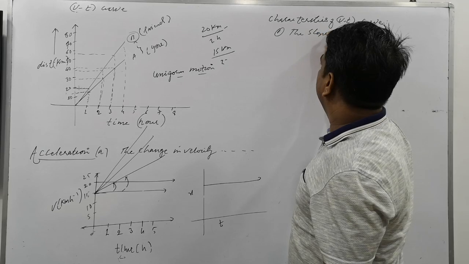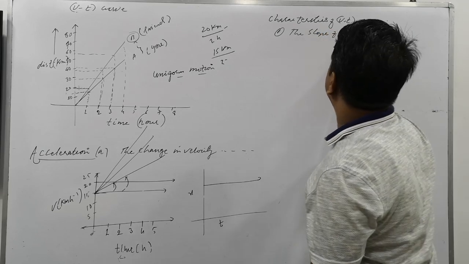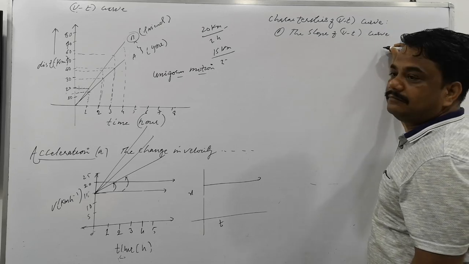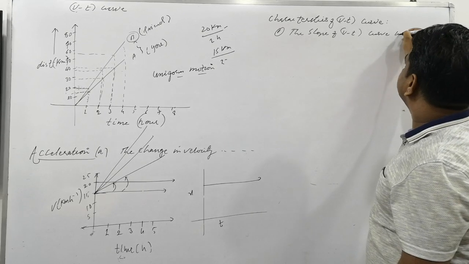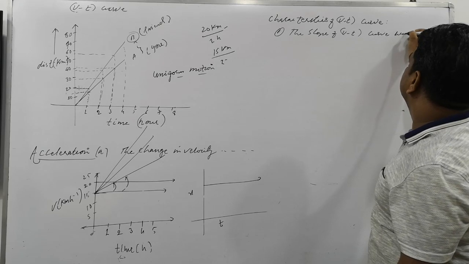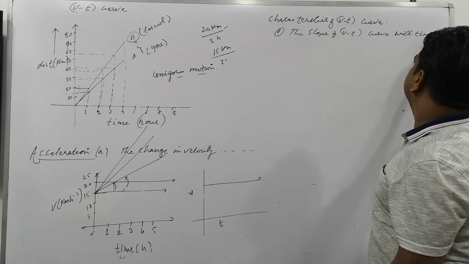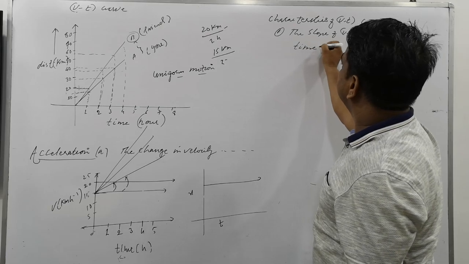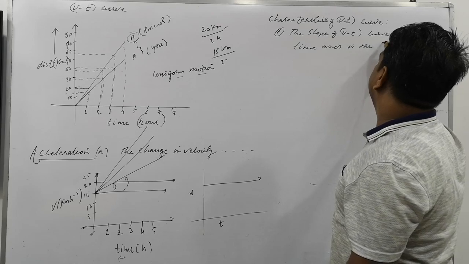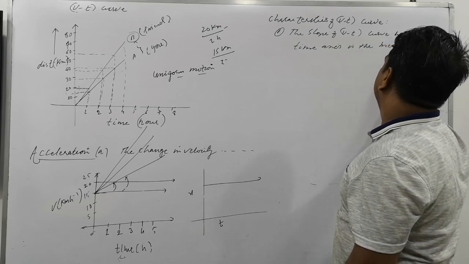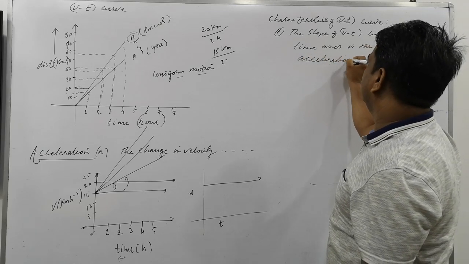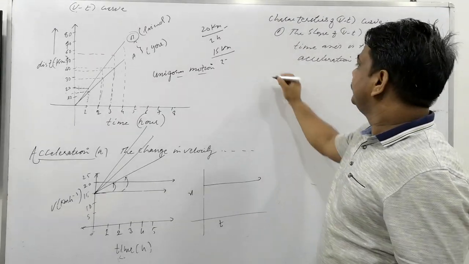Slope of the VT curve with the time axis is the measure of what? Acceleration. The slope of the VT curve with the time axis is the measure of acceleration. Clear? Second,